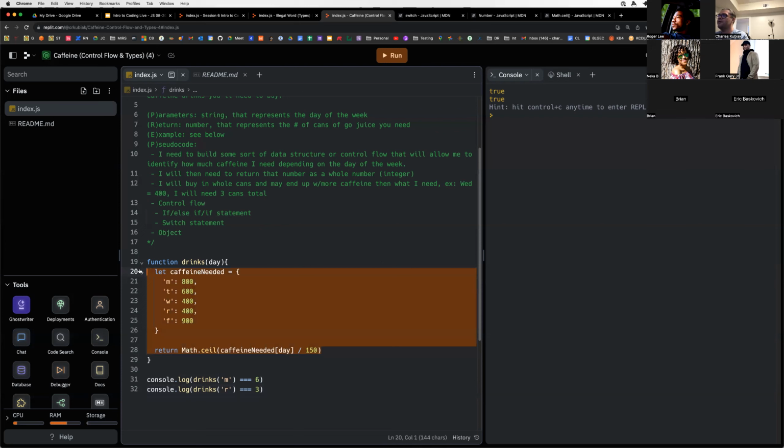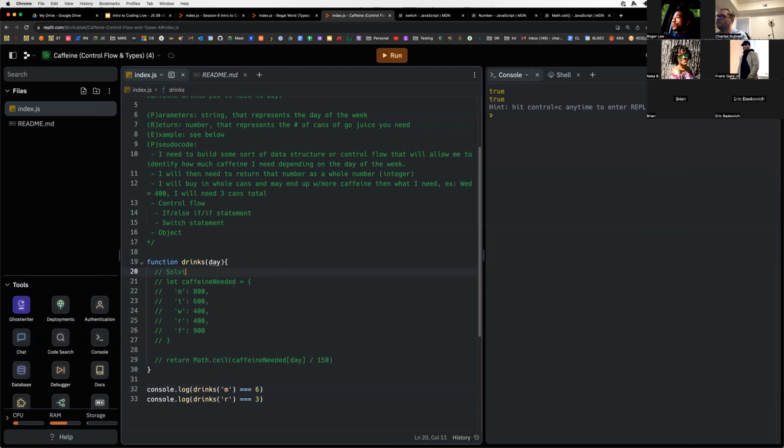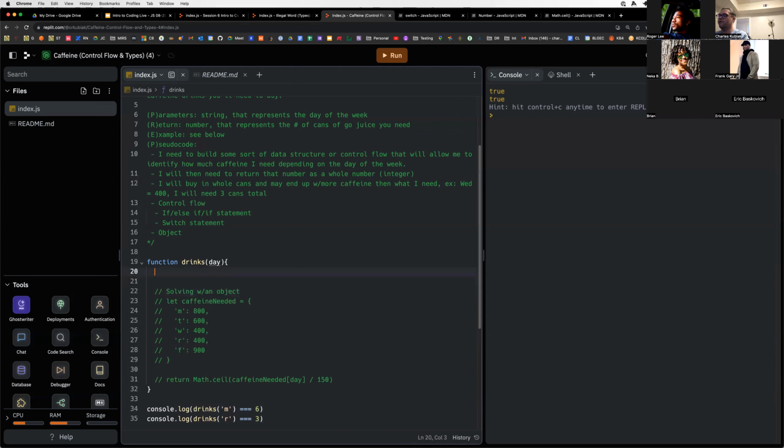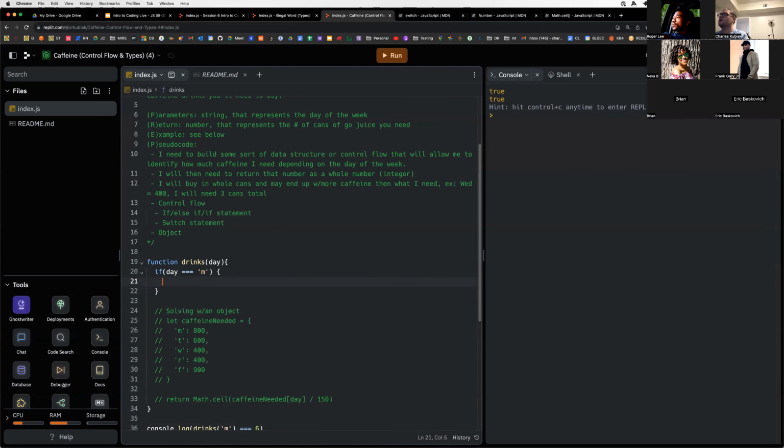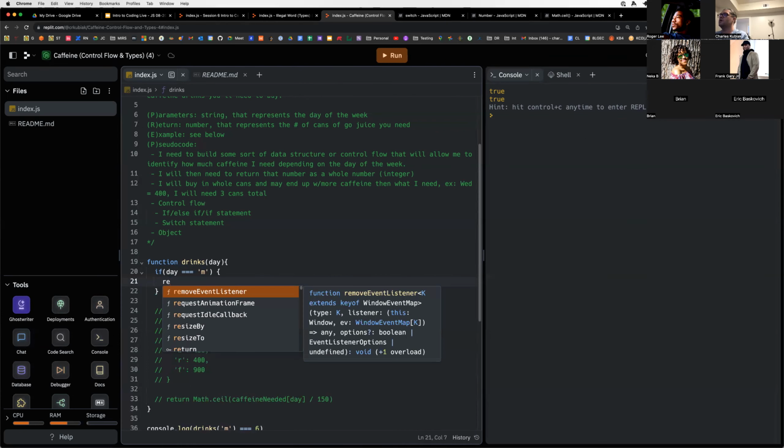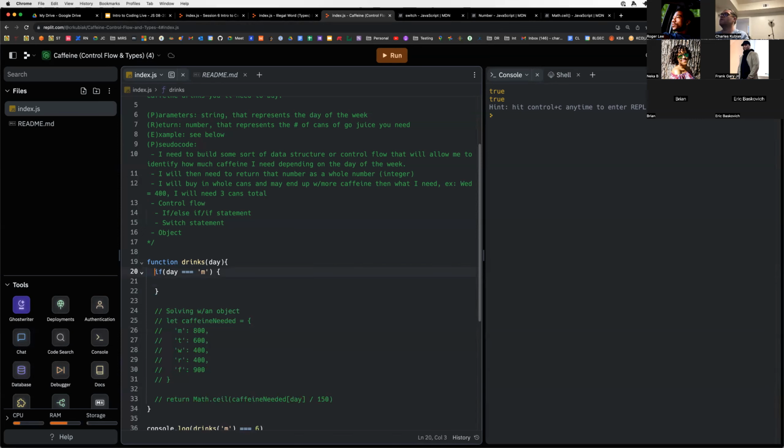The next way that we could solve this would be without an object. We could always do the good old-fashioned if-else statement, right? So we could say if day is triple equal to M, and actually what I probably would do is let caffeine, and we don't need to assign it a value yet. We could say caf equals 400,